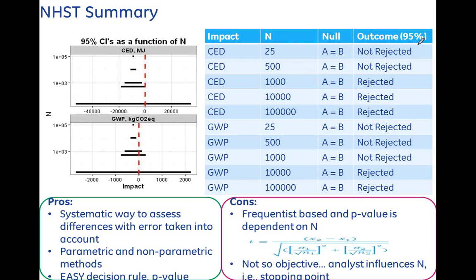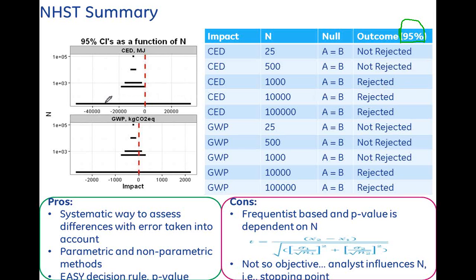So I can't reject at 25, can't reject at 500, right? And sorry, these were actually run at the 95%, so I didn't keep it consistent at 90. I apologize, but the real take-home message is, as we increased N, the rejectability of the test increases and it plateaus. So this is a visual of it.